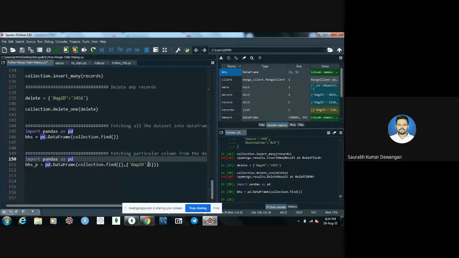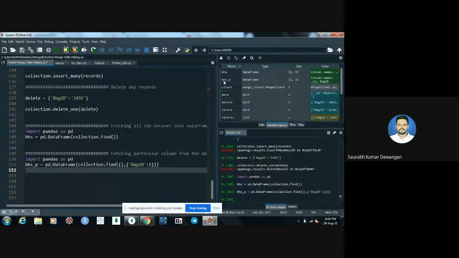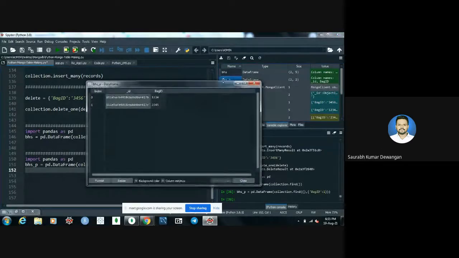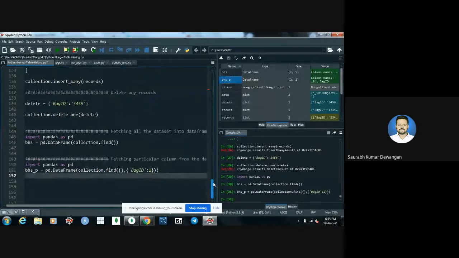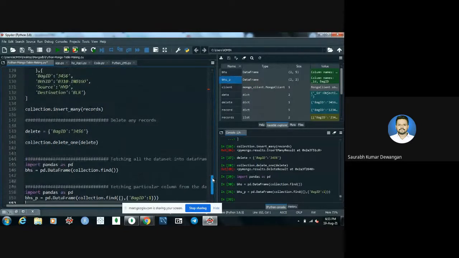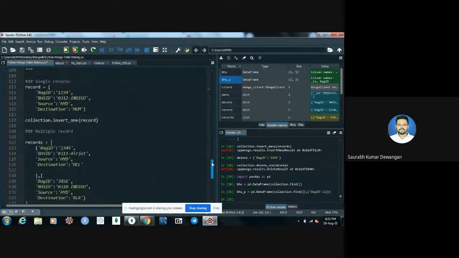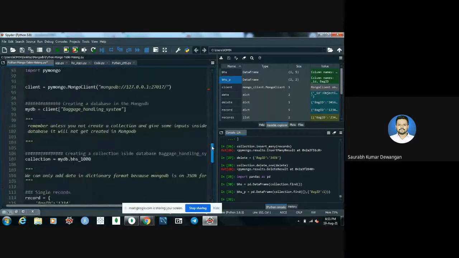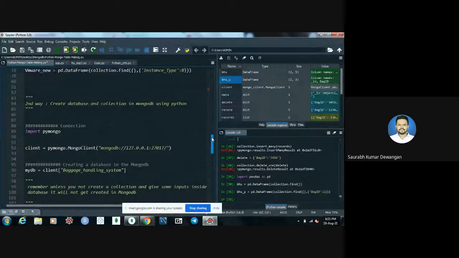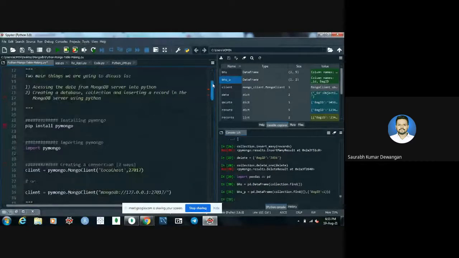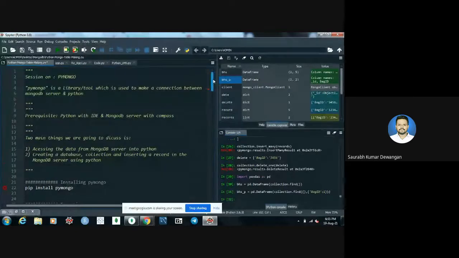So you have to mention bag ID as one if you want to fetch the bag ID feature. It will only fetch the bag ID. Let me show you here. Yeah, you can see. So this is the way to access the data, and you can create the data and store it in MongoDB. These are the two main topics we have discussed today, using PyMongo. Okay, so that's it from my side.